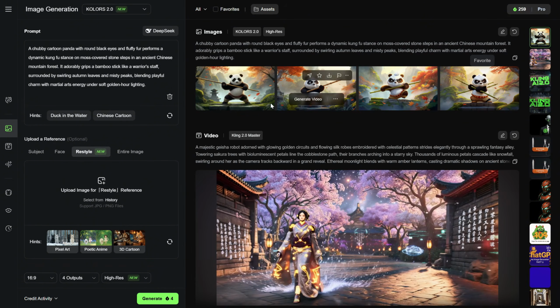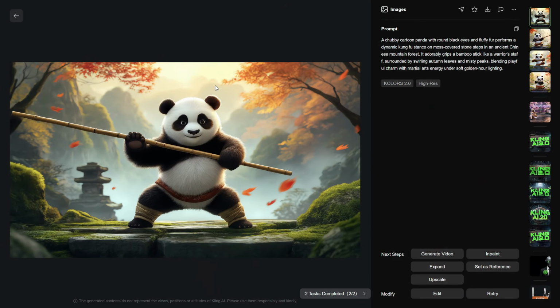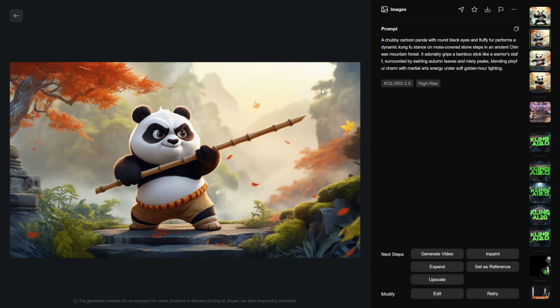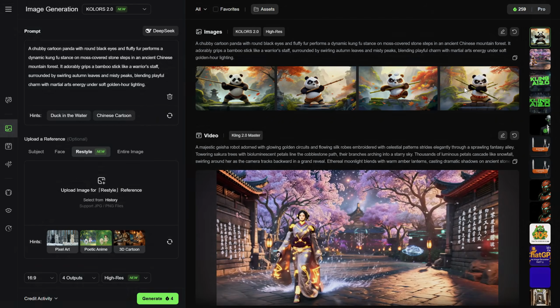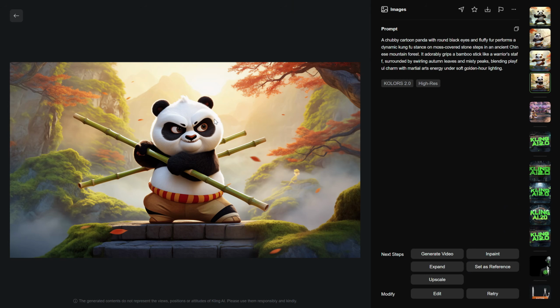In half a minute, the generations are ready. Now, what I noticed is that the generations are very similar to the actual Kung Fu Panda character from the animation. They even added the same clothes, but I didn't ask for the Kung Fu Panda character from the movie. If I ask for a panda doing Kung Fu, I want something original, not something that could cause copyright or